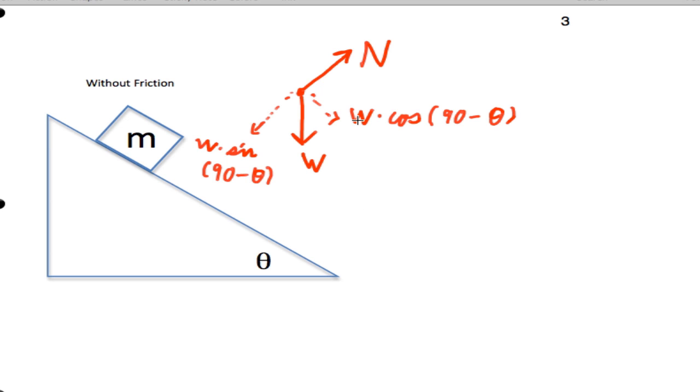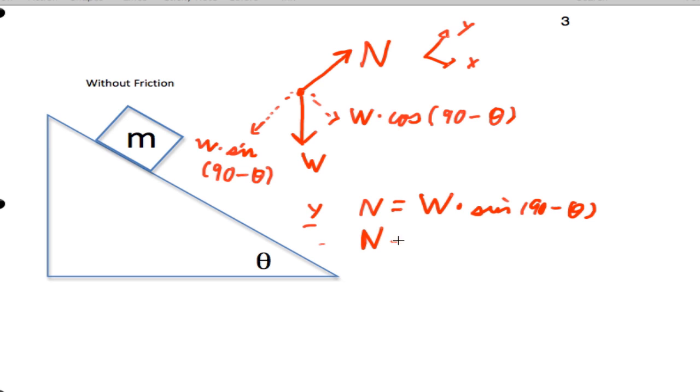And in fact, when we balance components, I'll set up my x and y here. This is the y, this is the x. Let's remember that the normal force is going to actually balance w times the sine of 90 minus theta in the y direction, and that in the x direction the equation we'll have is, and actually we can simplify this as N equals